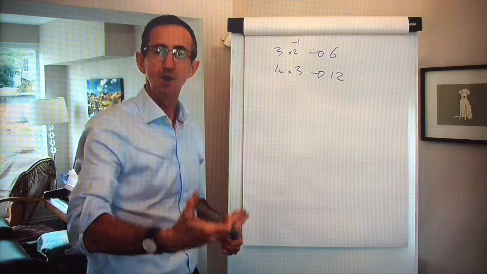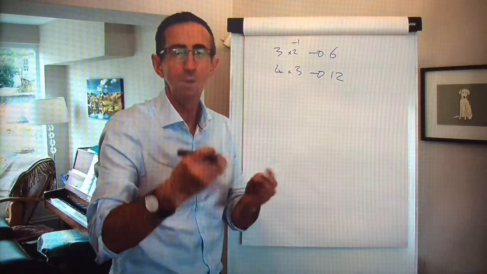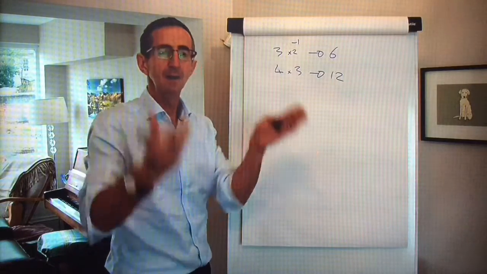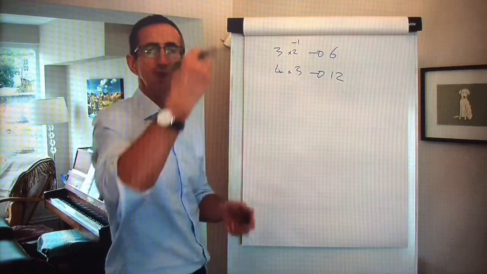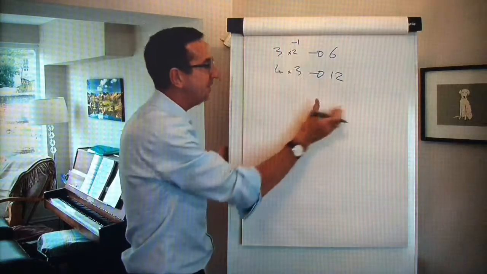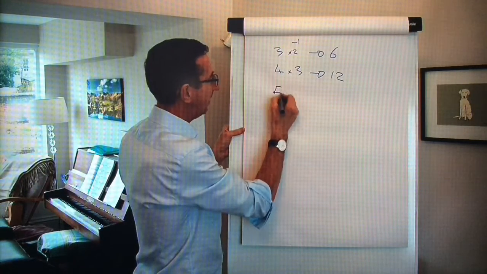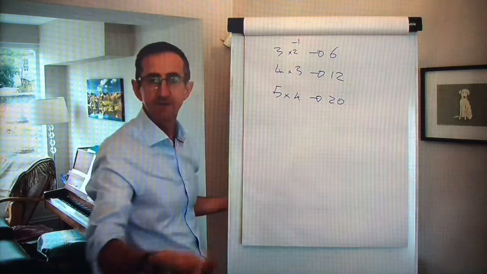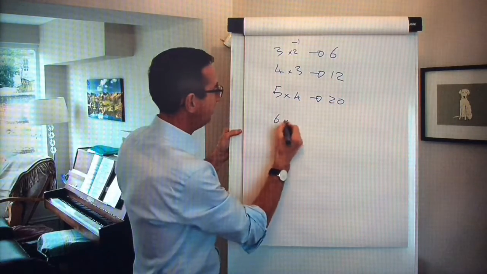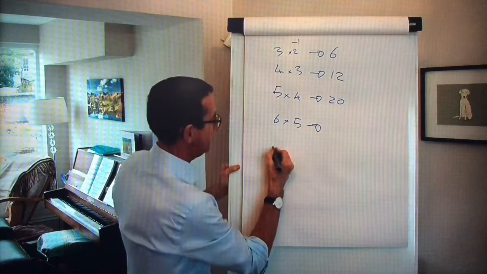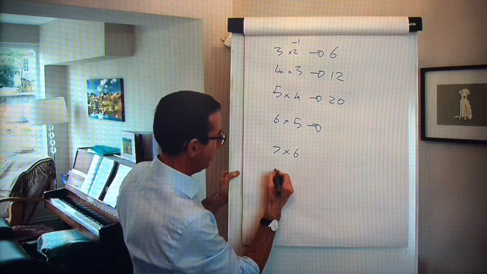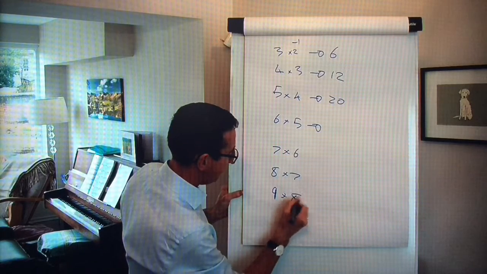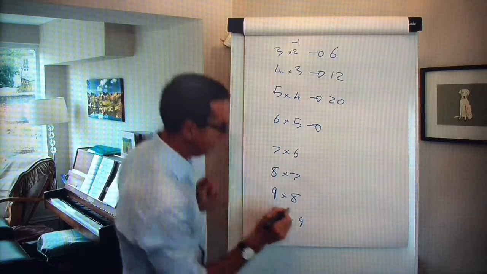The maths has emerged from a context of playing netball or sending texts. It's exactly the same, or sending cards. Doesn't really matter. But the idea is you're taking through the steps of there's a context, the maths emerges from it, and then it just gets bigger and bigger and bigger. Just like in the first lesson, roofs. 6 times 5, 7 times 6, 8 times 7, 9 times 8, 10 times 9,